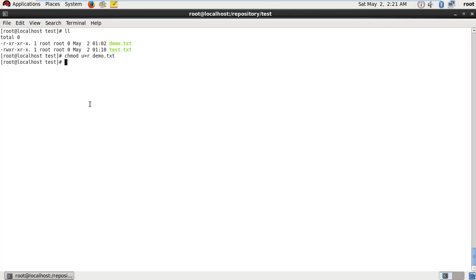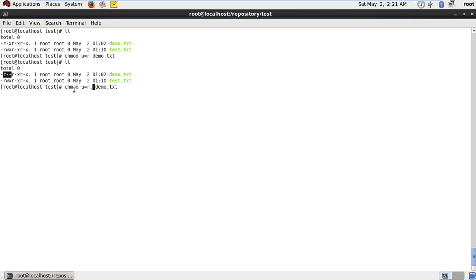Now you will see the demo file only has read permission for the user. Before we had read and execute permission, but we replaced it with read permission. So now the demo file has only read permission for the user. Like that we can replace for group and other also.